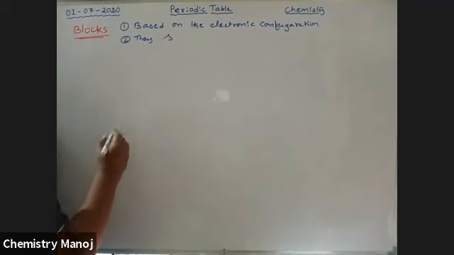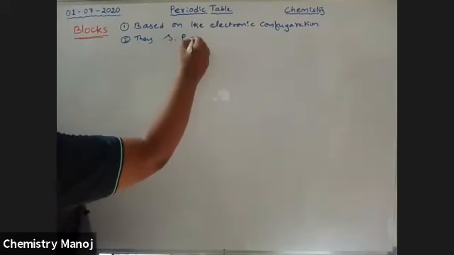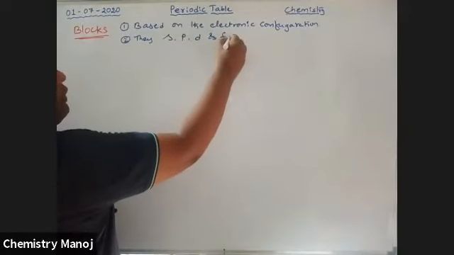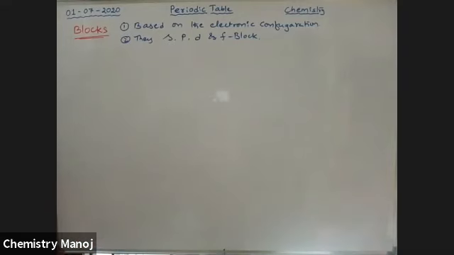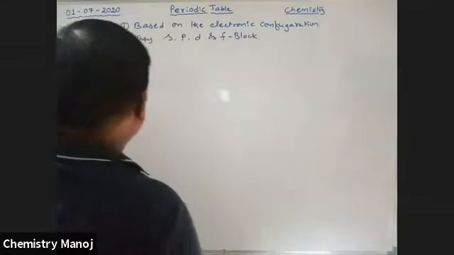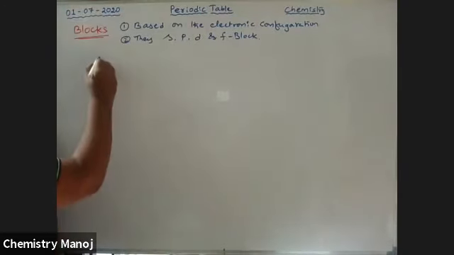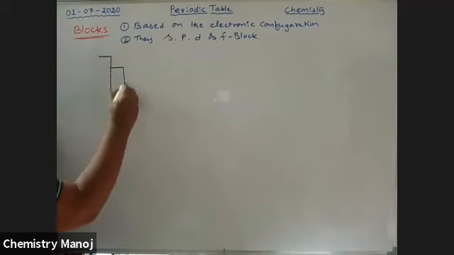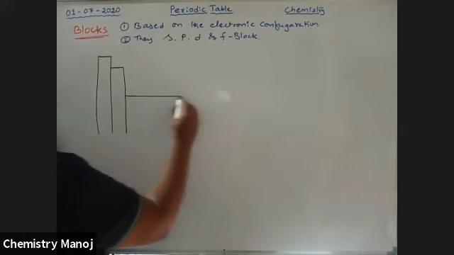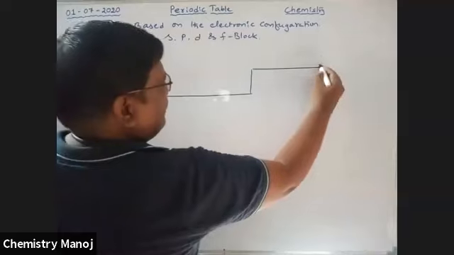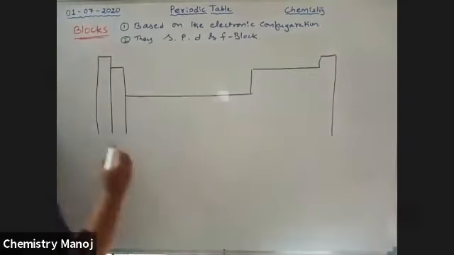all in small letters: s block, p block, d block, and f block elements. So all these are divided into 4 blocks. They are s, p, d, and f block elements. See here where these elements are located in your periodic table. The block diagram of this periodic table is like this, which we just completed yesterday. This is the block diagram